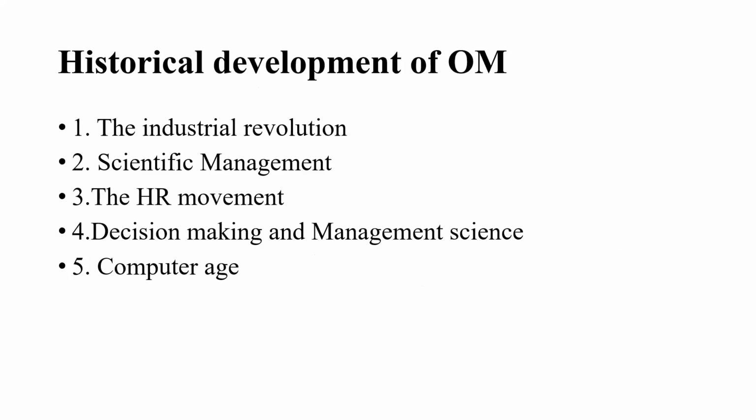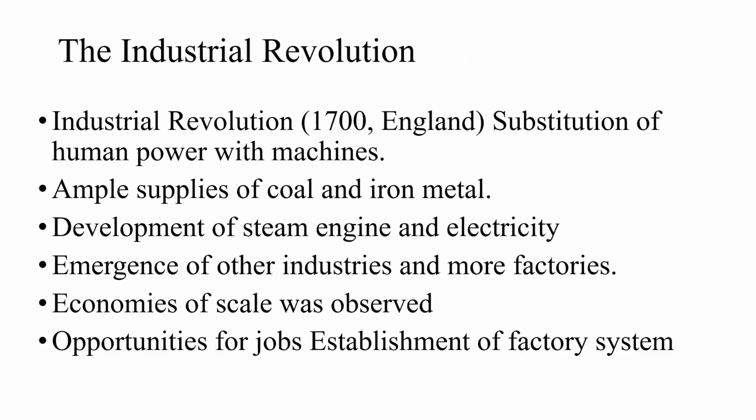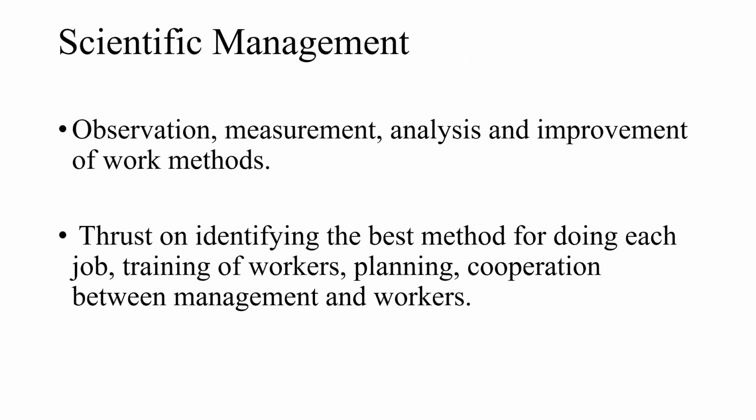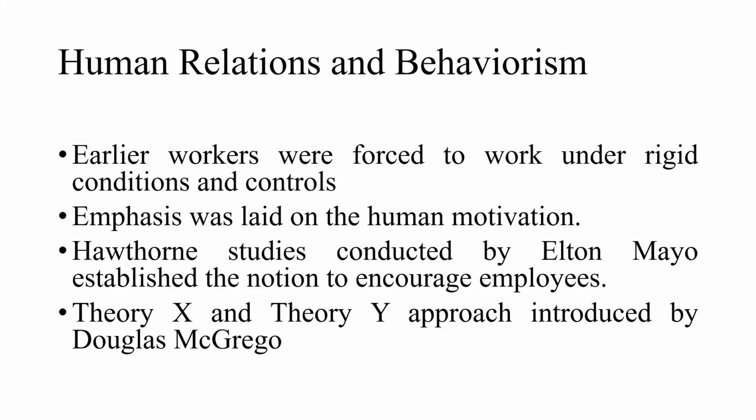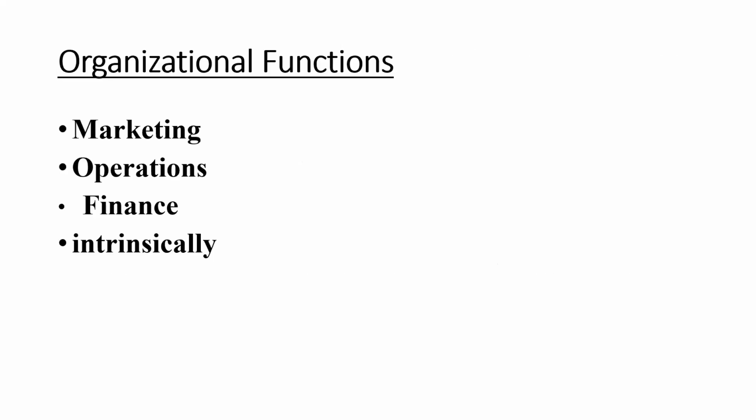That means the historical development of operational management has gone through these 5 periods, right? Industrial revolution period, scientific management and HR movement, decision-making management science, and now it has come to the computer age. So that is the way how the subject or area has developed, and then under the introduction of this session, next you need to understand